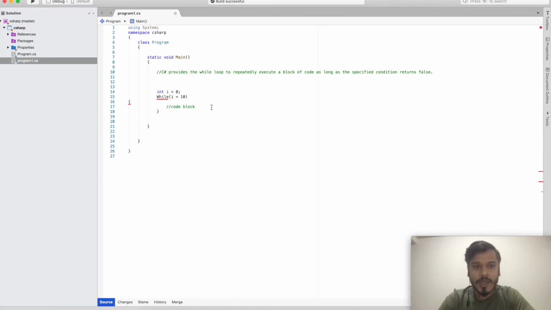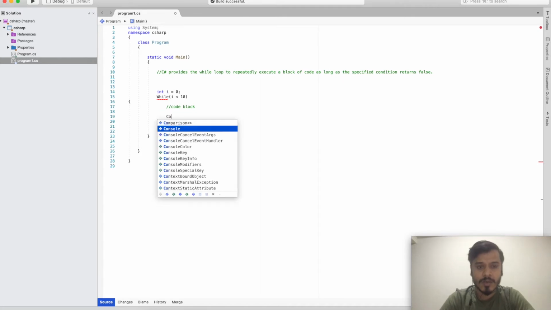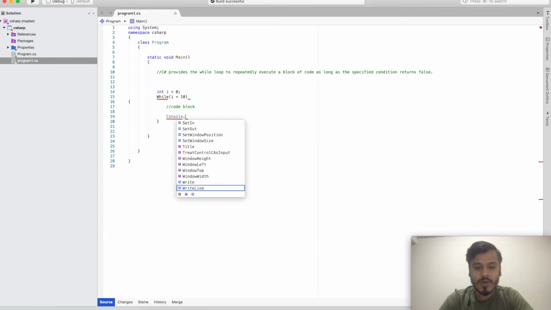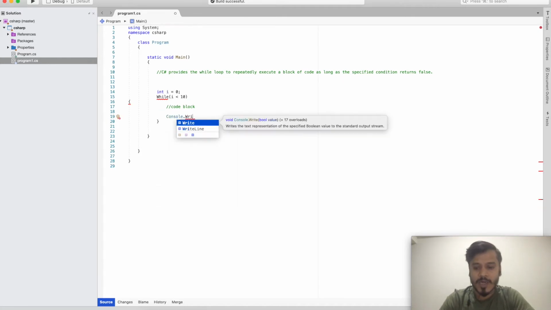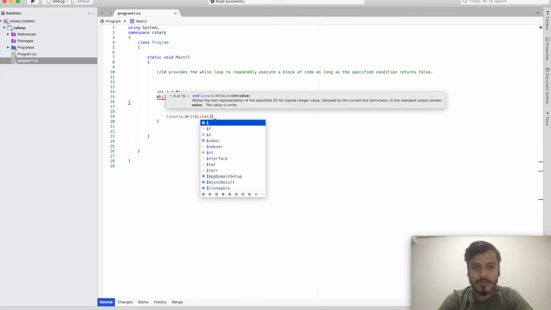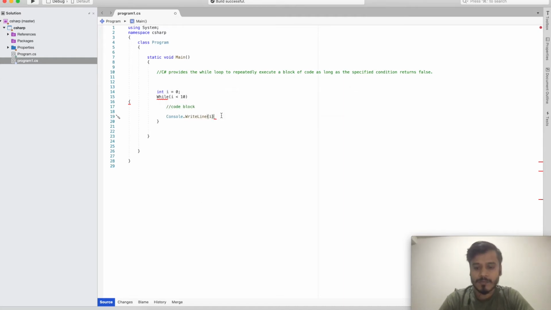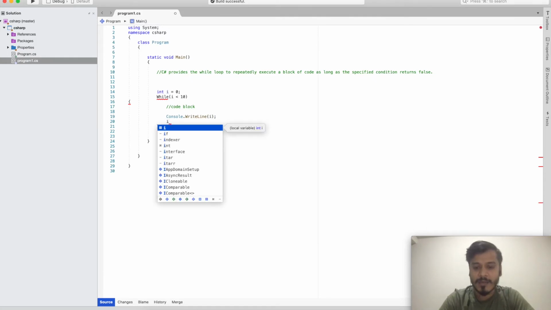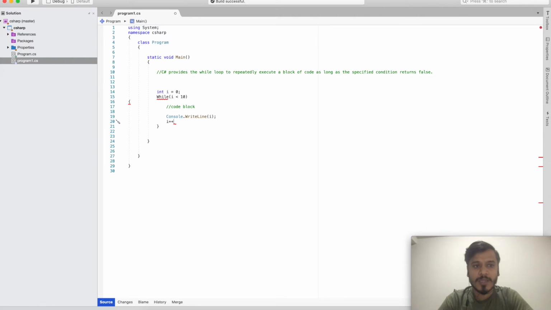Now what I can do, I will just write Console.WriteLine, and after writing Console.WriteLine, I will just print I. Now I will increment I. I will do that with the I plus plus operator.